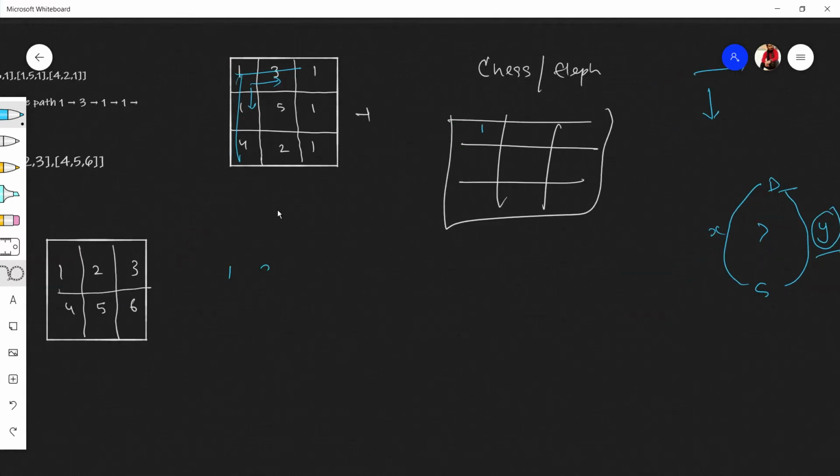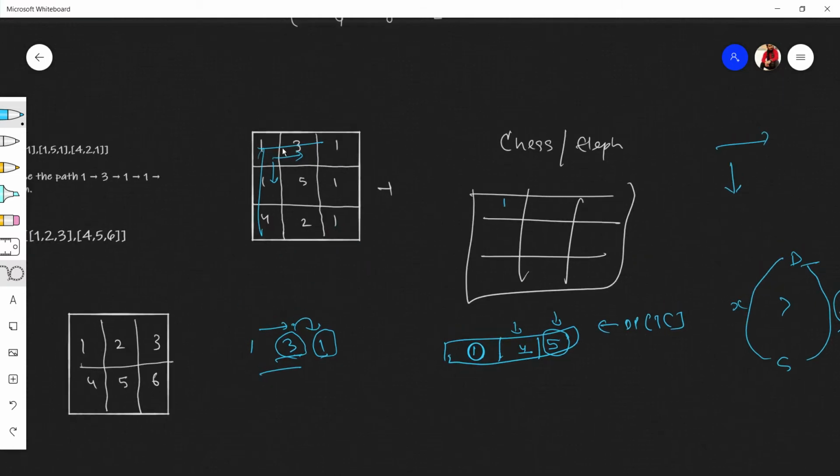For the 1 3 1 row, I have this empty array for filling the total sum. The basic amount I need to pay is 1. For the next cell, I need to pay 3, but I have already paid 1, so the total will be 4. Now I'm standing on 4. This is my new DP matrix which I have created, and this is my older one. I have moved to 3. Now I want to go to the next cell. For the next cell I need to pay token money 1, but I have already paid 4, so the total will be 5. This 5 says that if you want to reach me, the minimum amount you need to pay is 5.